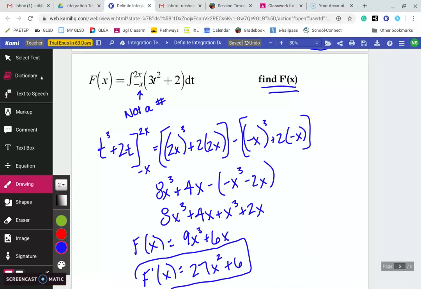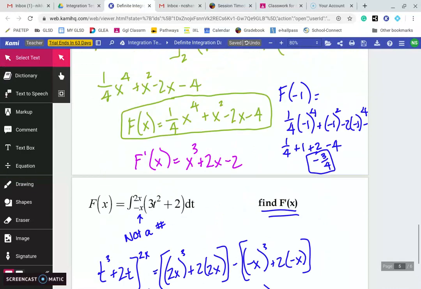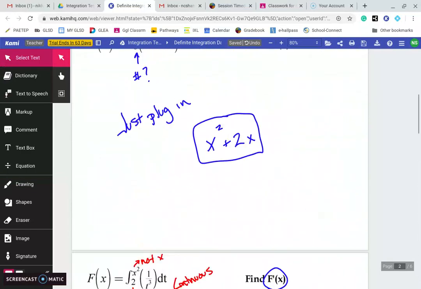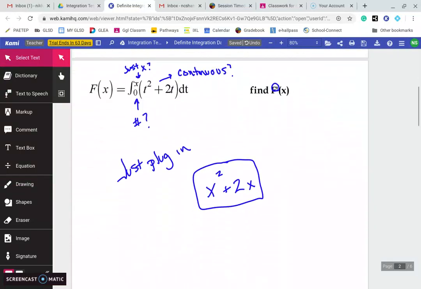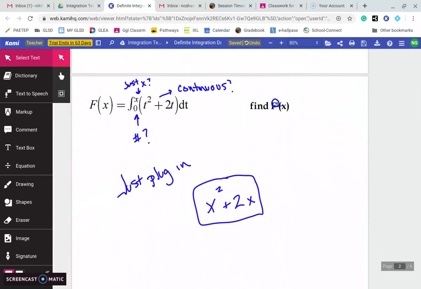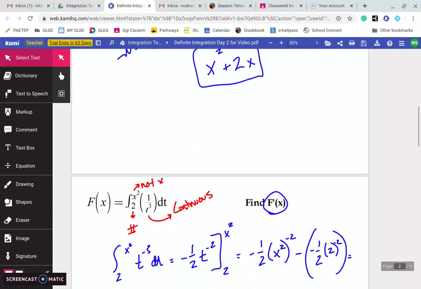So going back to the very beginning, for the second fundamental theorem of calculus, remember, if they're asking for capital F prime, you first have to say, is this continuous over the interval given? Is the top one just x, and is the bottom just a number? If it is, you strictly plug in. If this top number is not just x, but instead a function, then all you have